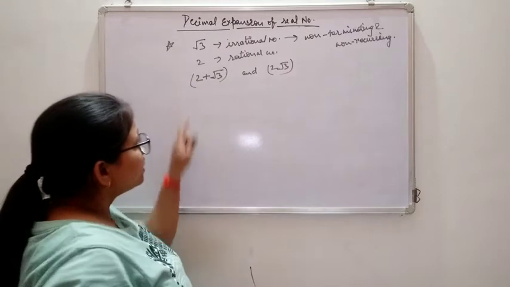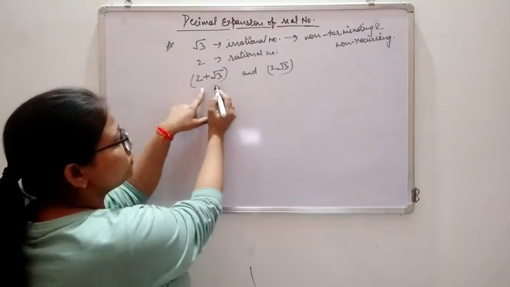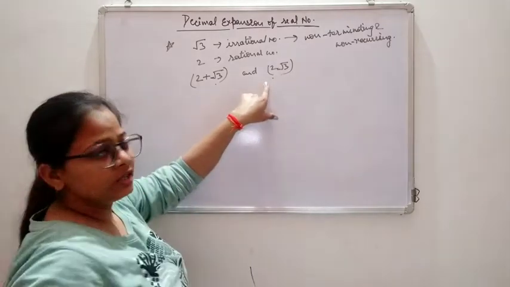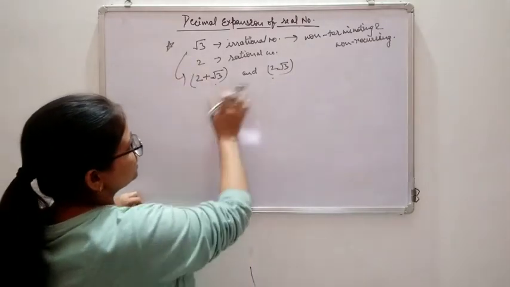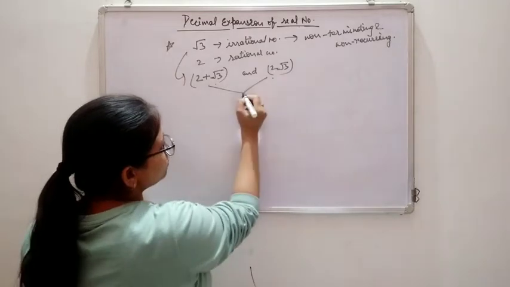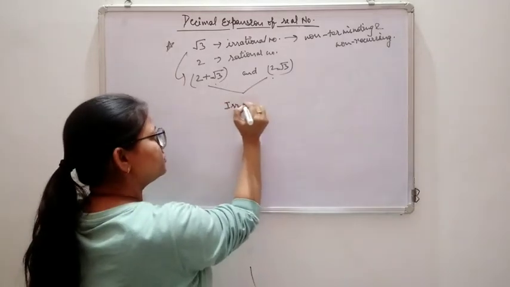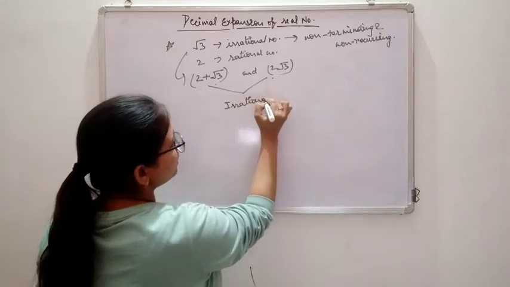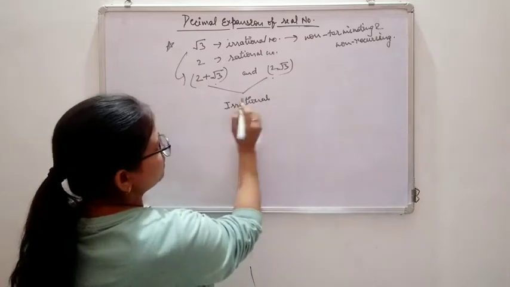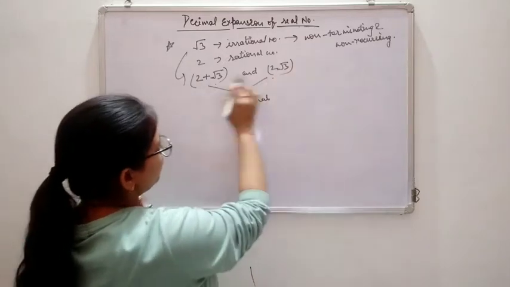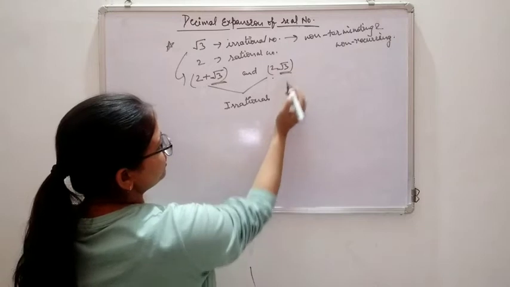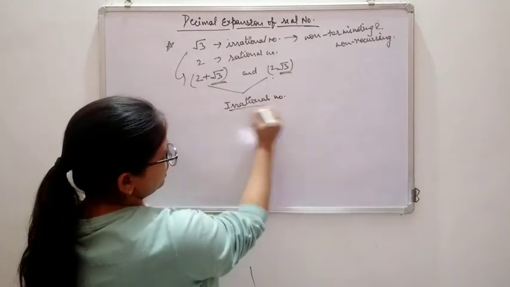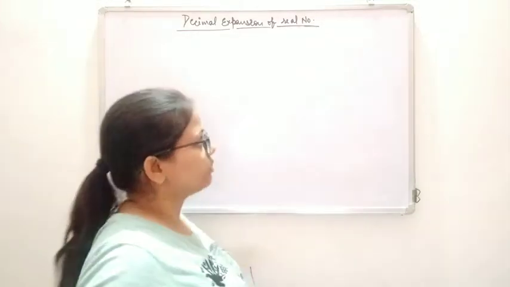So this is adding a rational number, and here it is multiplying with the rational number, right? So the same will be true for these numbers as well. So these are also irrational numbers, right? Because these will be non-terminating and non-recurring because of root 3, right? So we can say these are also irrational numbers. Clear? Okay, let's understand with some other examples.